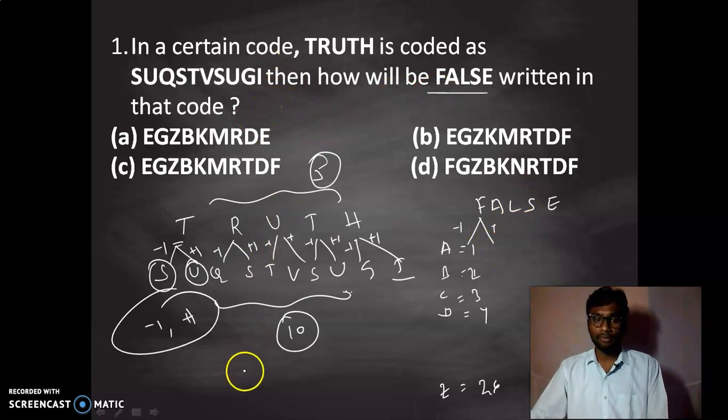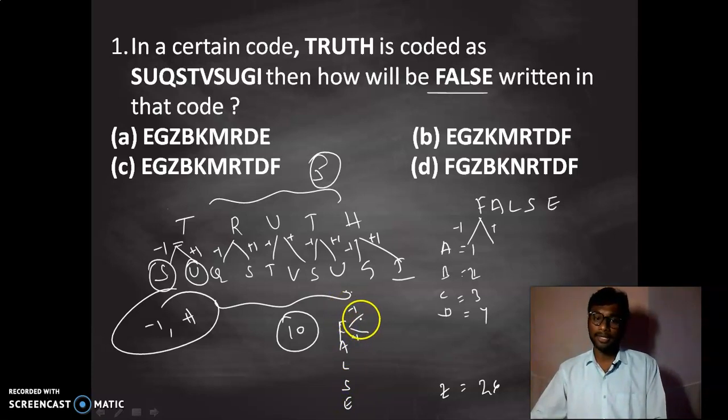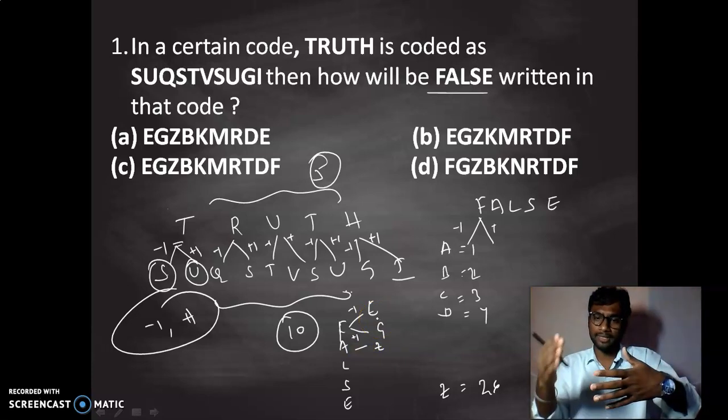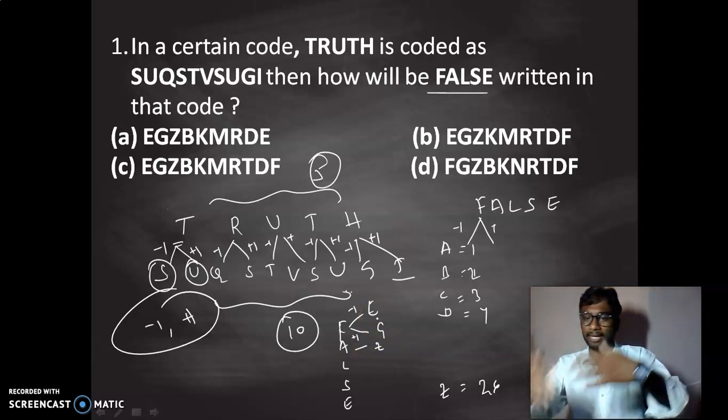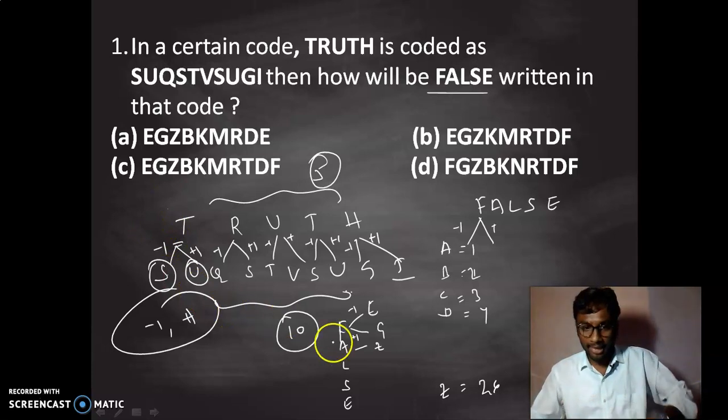In the same way, what would false be? Wait a minute, I am writing it here: F-A-L-S-E. So for F, minus 1 plus 1 gives E, G. For A, minus 1 gives Z, because it goes back again from the first: the first letter is 1, and minus 1 gives 26, a recurring cycle. So A minus 1 is Z, and A plus 1 is B.